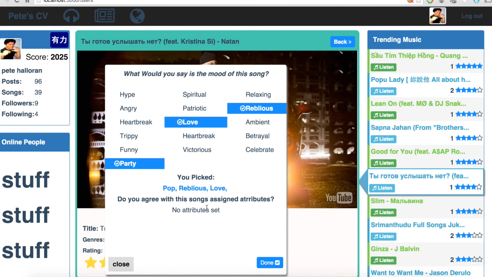And then since there's no attribute set, you can disagree with attributes. You have a counter, so say someone chose an attribute for a song, and then everyone disagrees with it, then that attribute would be removed because it just wouldn't be considered applied to it anymore. And you can also agree with it, if someone chose that genre again. I don't know if that's the best version, but we'll think about it. All right, done.